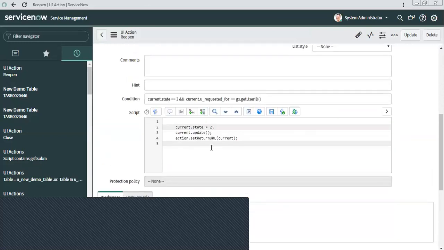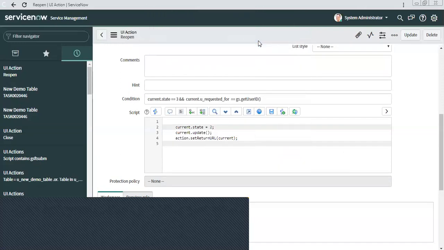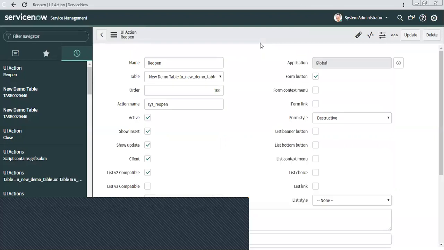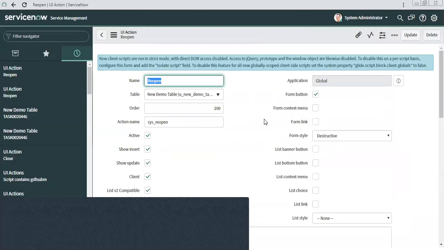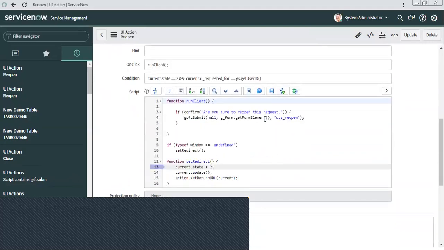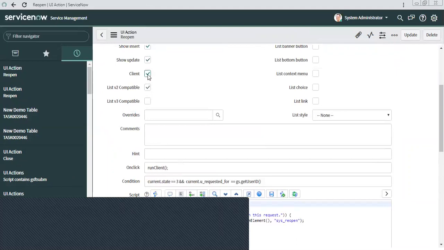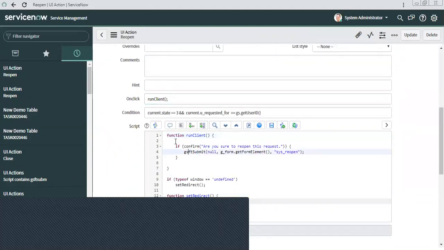This is when someone clicks, it is moving the ticket back to work in progress, right? But we added the requirement that as soon as the user clicks on the button, a pop-up should come up, and once the user confirms on that, only then should the ticket reopen. For that pop-up, we have added this client part. Once the client part is added, you need to mark this as true, then define a client side function. And inside the client side function, all your code will come.